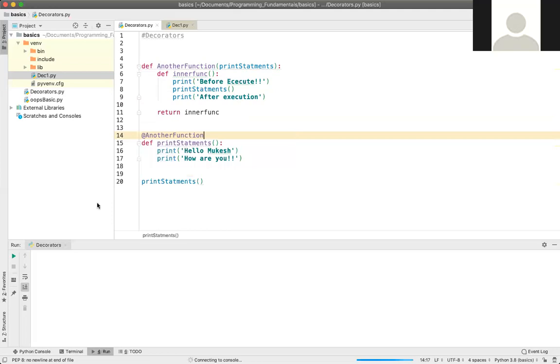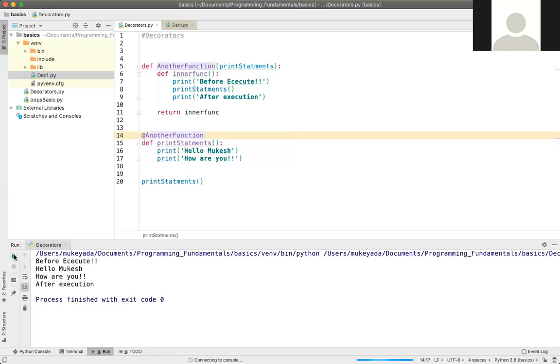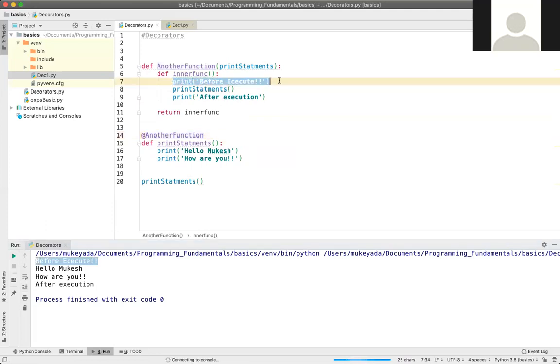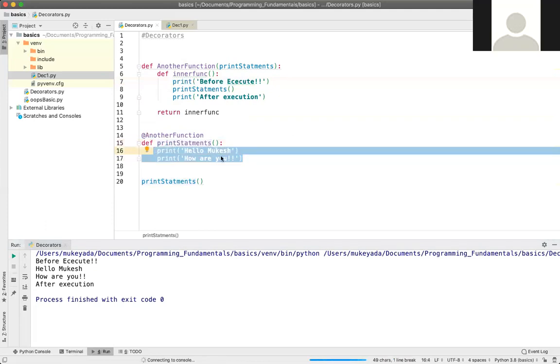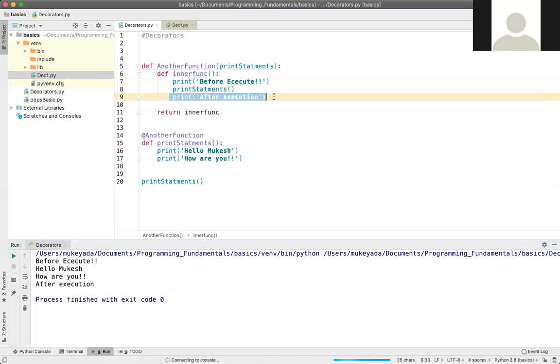Now let me run this program. Yeah, so here you can see the output. First is the print statement before execute, and after that it is executing our print statement function which has two print statements, hello Mukesh, how are you, and after that it says after execution.